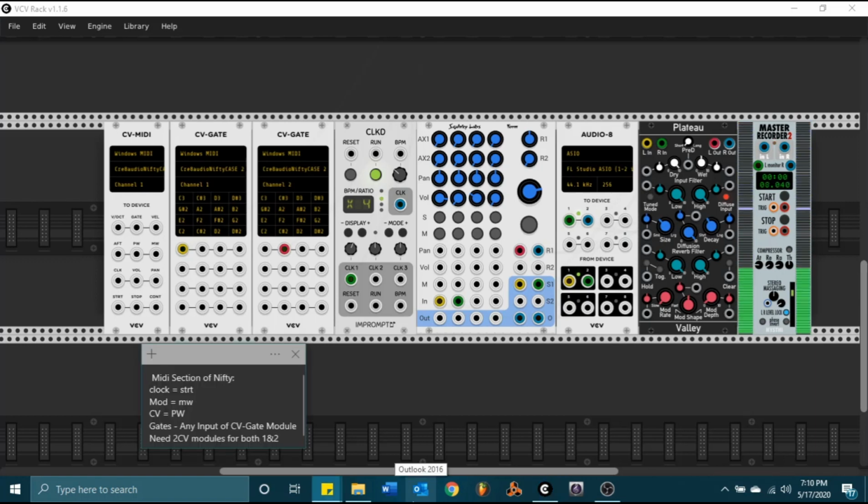Okay guys, so here on the post-it note right under the CV to MIDI modules, you have a list of what corresponds to what from the Nifty Case to VCV. To use the full extent of the MIDI section, you're going to need both the CV to MIDI module and the CV to gate module in VCV Rack. And if you can't read it, I'll read what everything corresponds to. So the clock is equal to start on the CV to MIDI module in VCV. The mod section of the Nifty Case is equal to the mod wheel. That's the one thing that matches in the CV to MIDI module. And then CV is equal to the pulse width in the CV to MIDI module in VCV, which is interesting,